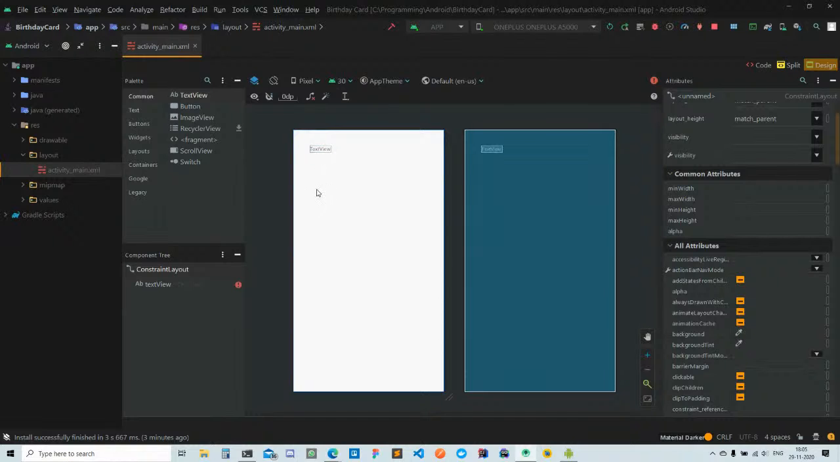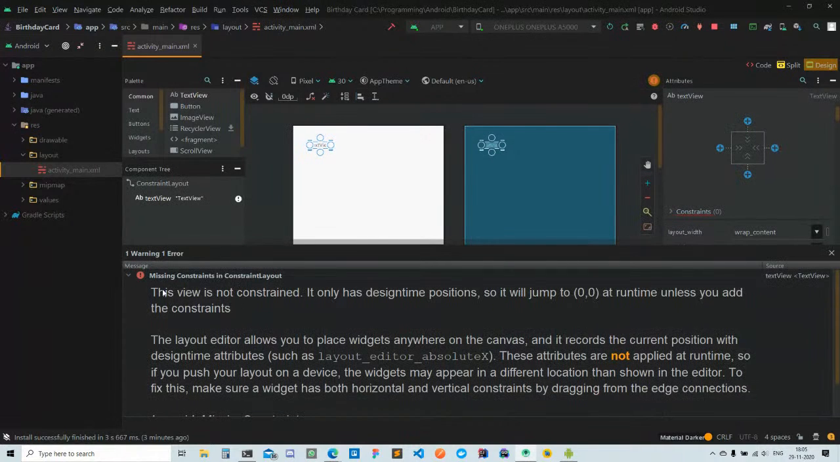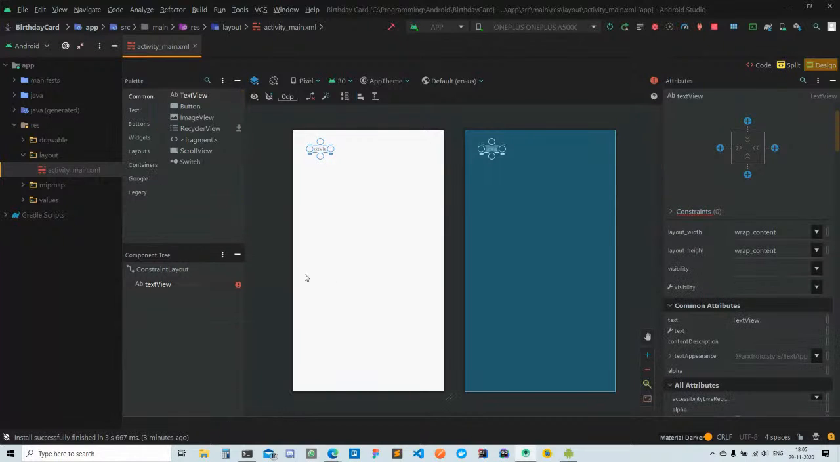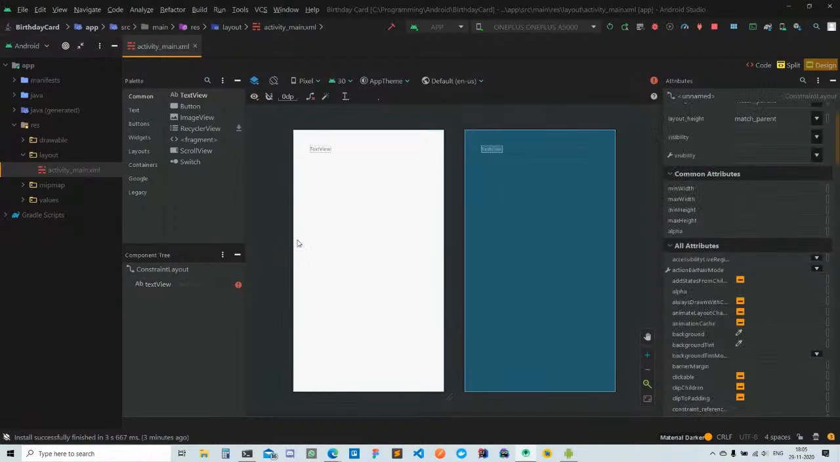To add constraints to it, and we need to add constraint to each and every view because there must be a horizontal and a vertical constraint to it, because you can see right here that the IDE is throwing an error and it says that this view is not constrained. It only has design time positions, so it will jump to 0,0 at runtime unless you add the constraints. Now, to understand it much more,